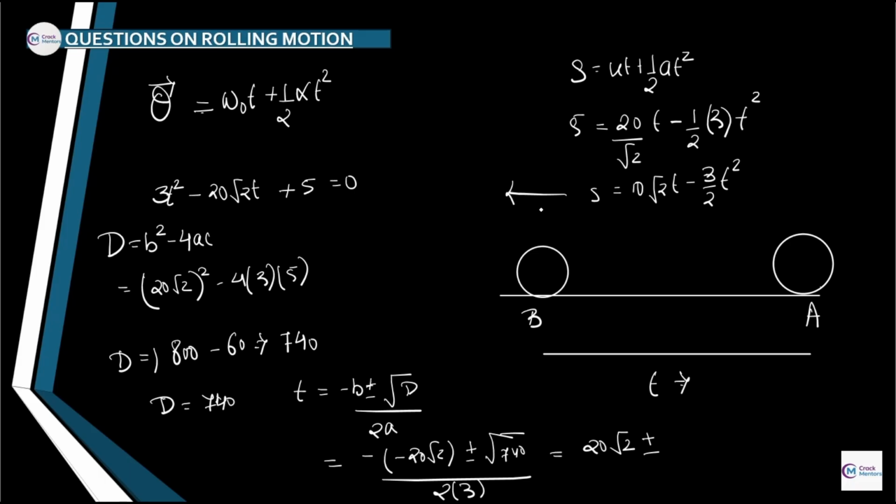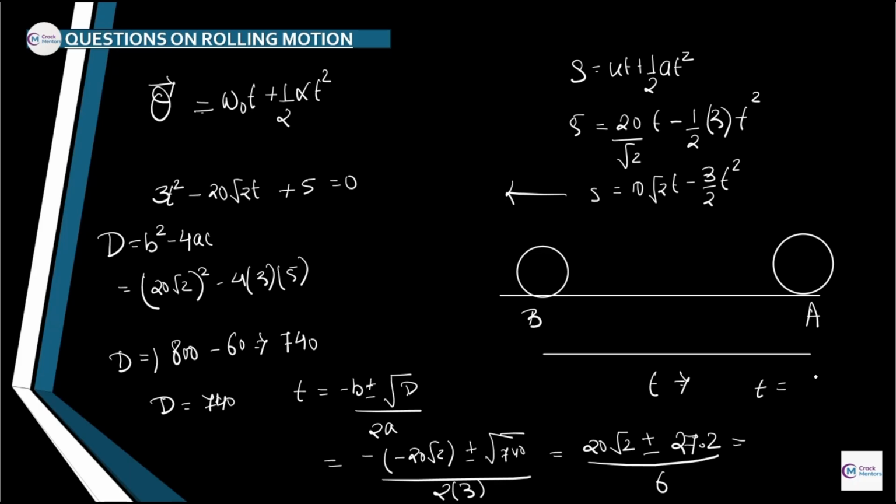So how are we going to solve it? That is up to you. I don't know as well. Basically, you need to solve it anyhow. Under root 740 is almost around 27.2, so 27.2 upon 6. Now after solving this,